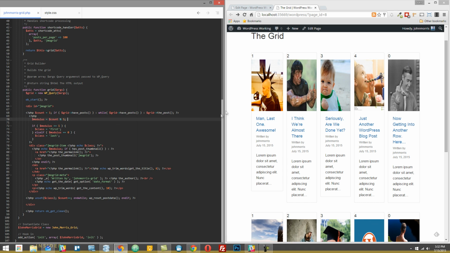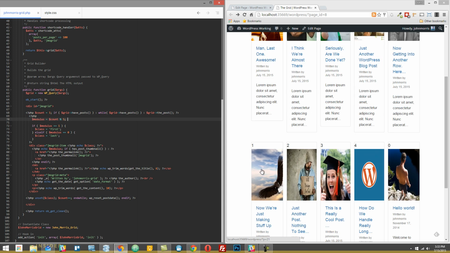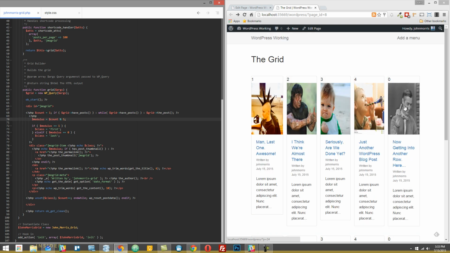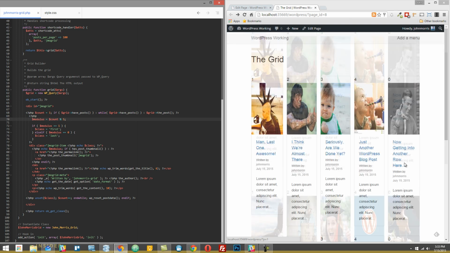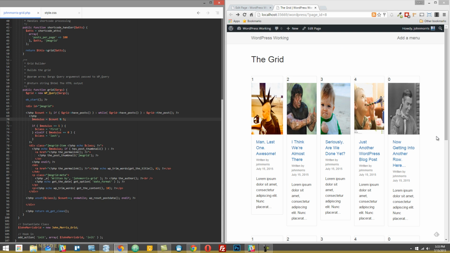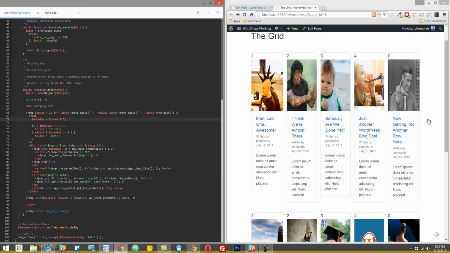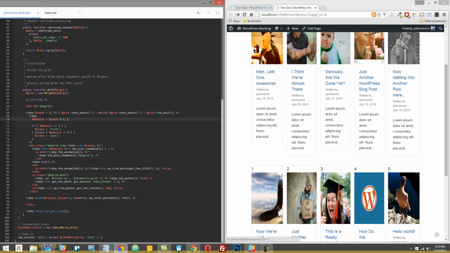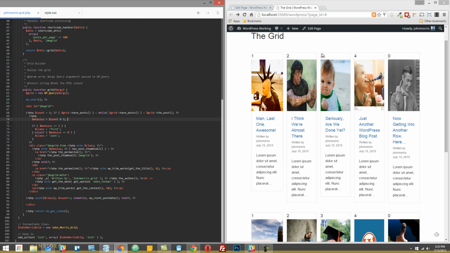The important thing is that you'll notice that this one in the first position and this one in the first position are the same, and this one in the last position and this one in the last position for each row are the same. That's what we're after. We want each row to have the same count here,